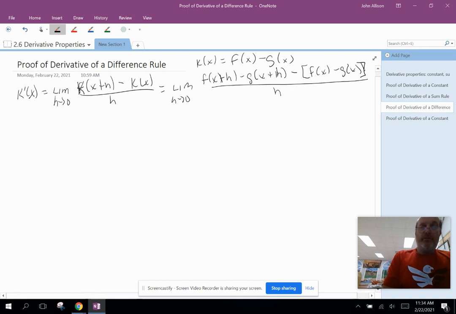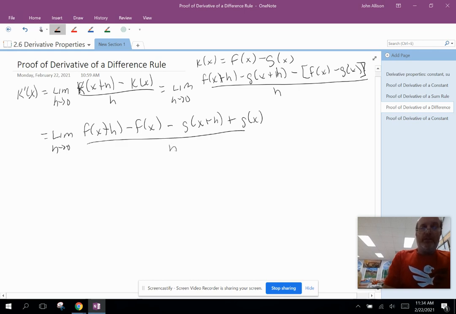That's all over h. And this is equal to the limit as h goes to 0. This is going to end up being f of x plus h minus f of x. When I distribute the negative and reorganize, minus g of x plus h plus g of x all over h,